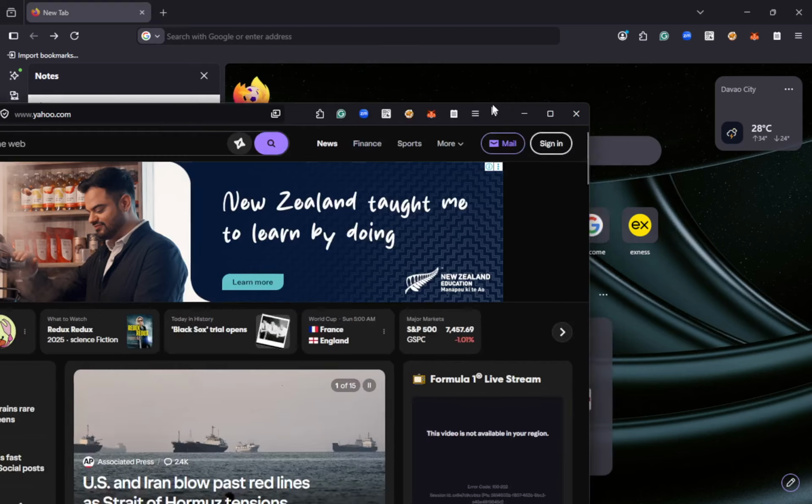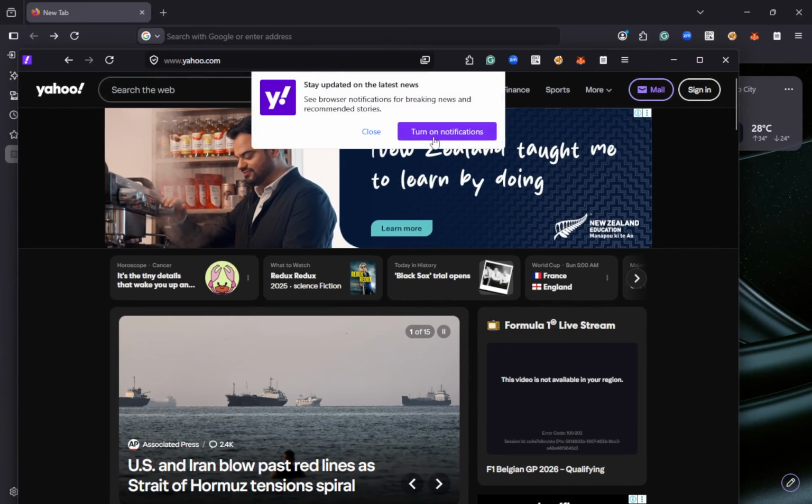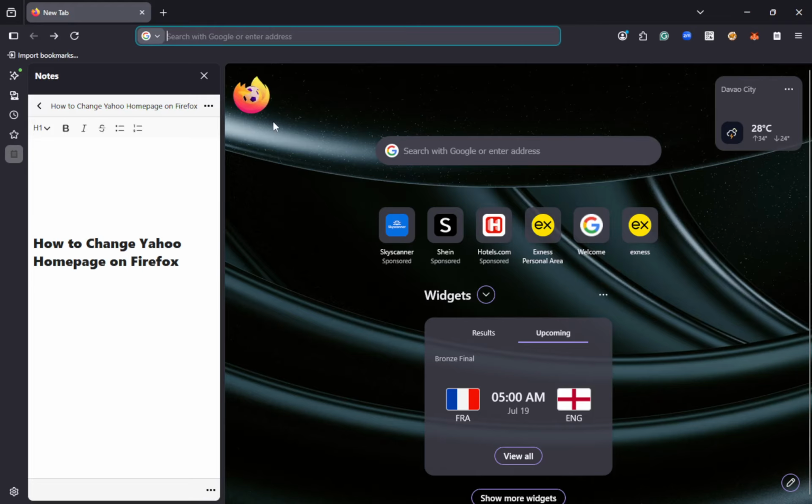Lastly, keep in mind that Yahoo also offers instructions for making Yahoo your homepage in Firefox and other browsers. This resource can be helpful if you ever need additional guidance or if you switch browsers. Customizing your homepage can make your online experience more enjoyable and efficient. It is worth the effort to ensure you start your browsing with the sites you love.